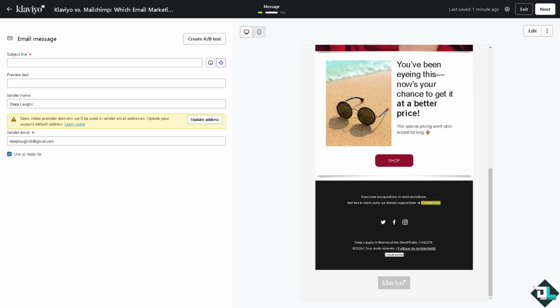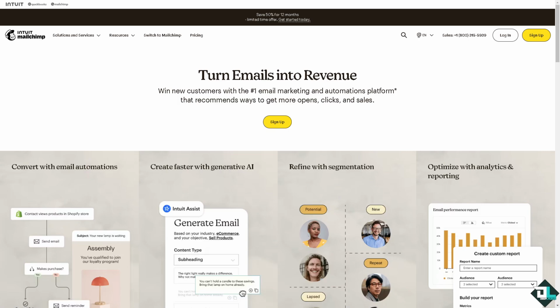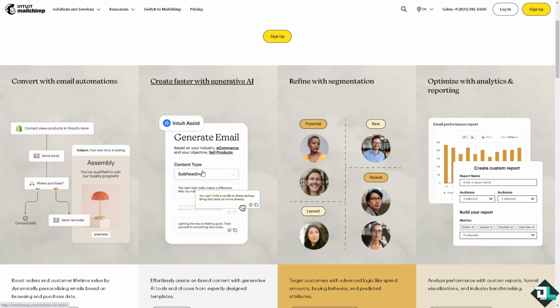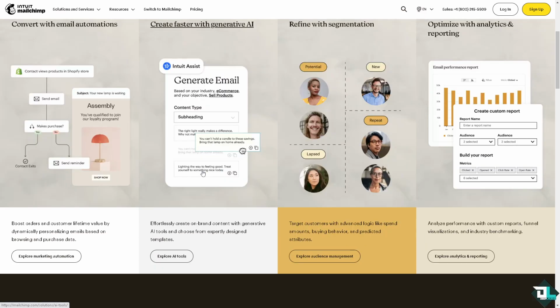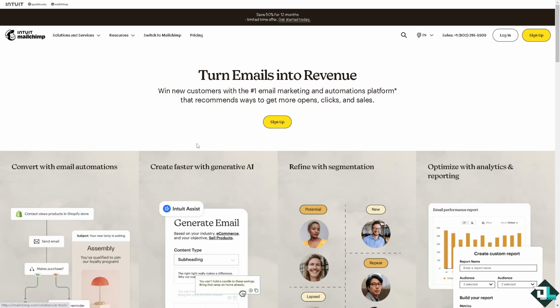Now, let's go to our next contender, which is Mailchimp. It is a popular marketing automation platform and email marketing service that helps businesses manage and communicate with their audience through various channels. If you're looking about the pricing,